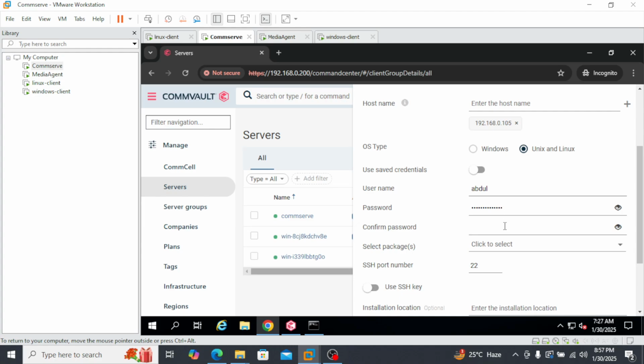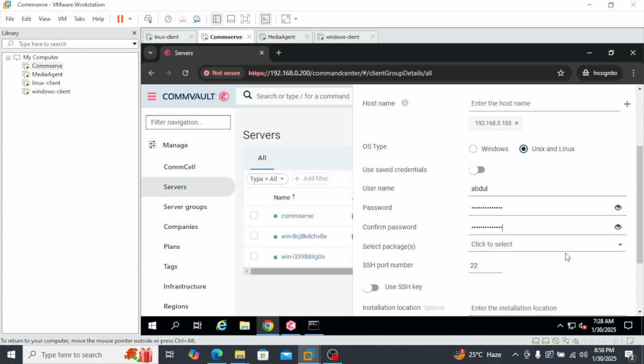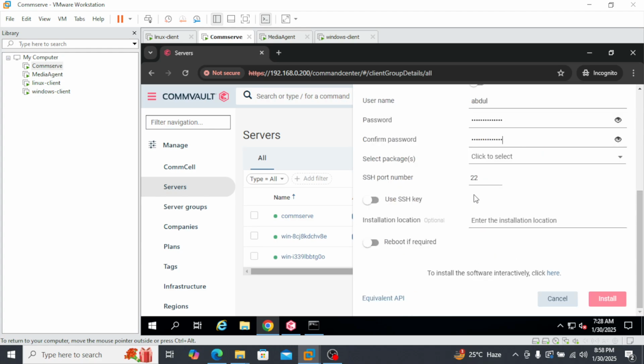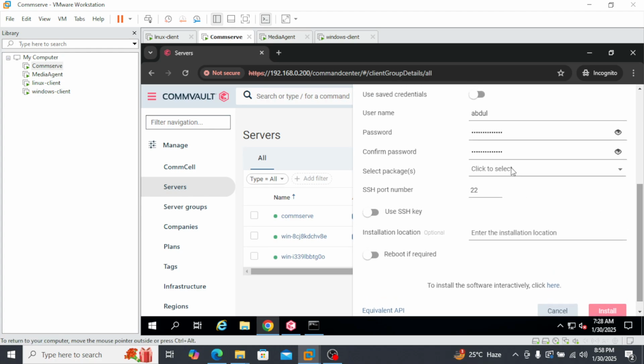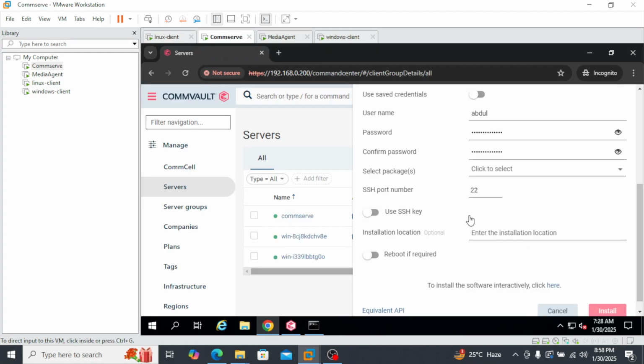Again enter the password, and port 22 should be open. In my case, I don't have any firewall running on the console and also the Linux client, so you don't need to worry about that. Port 22 should be open,